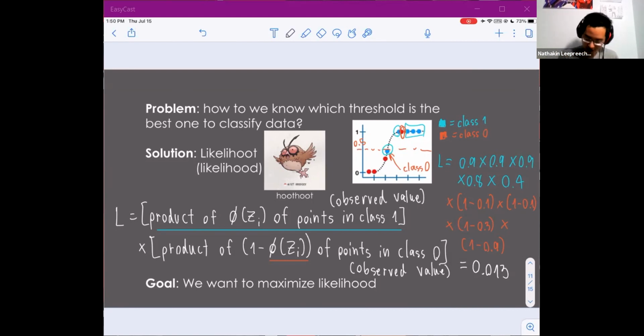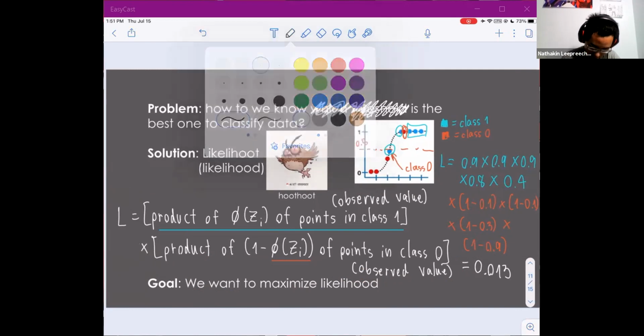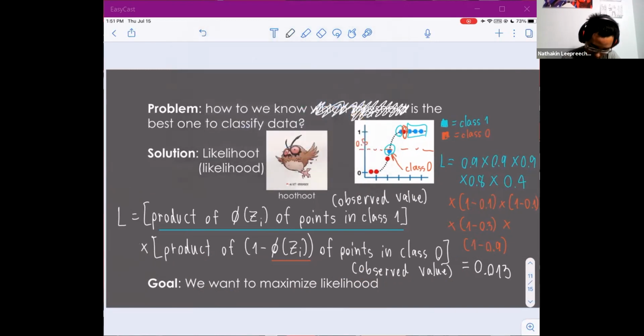Shoot, yeah, I think I got the idea incorrectly. I think it should be which. Okay, keep everything, keep the concept of finding a livelihood, but I want to change something with the goal of it. So the goal of it, we want to know which threshold. It shouldn't even be threshold, it should be which